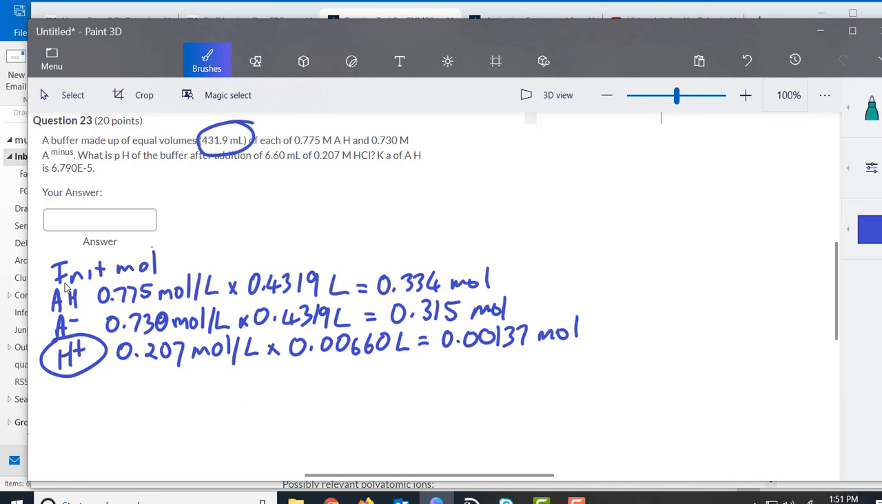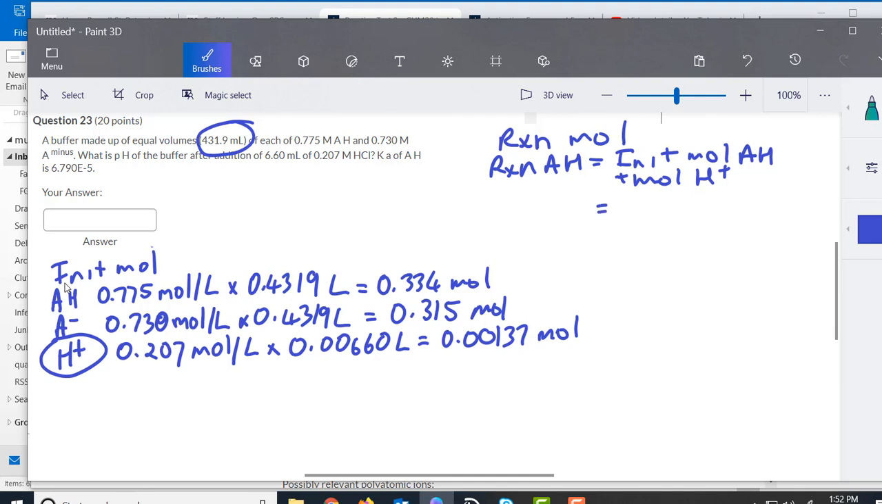The next thing we do is we figure out the reaction moles. Now this is the most important part of the problem, I think. So let's look at reaction moles. We'll put that up here. And we're going to look at AH first. To get the reaction moles of AH, it's going to be the initial moles of AH plus the moles of H plus added, which is going to be 0.334 moles plus